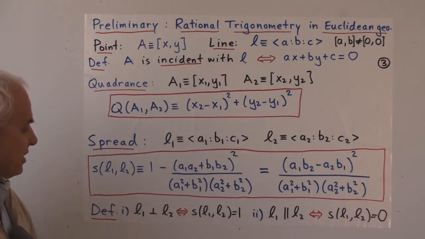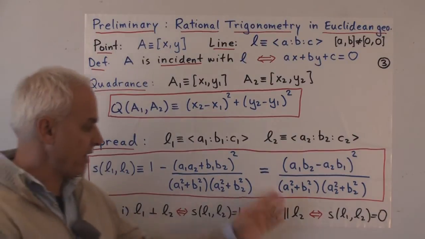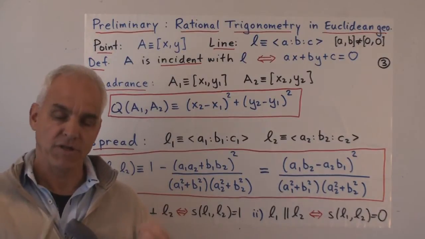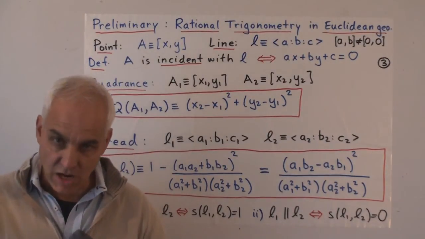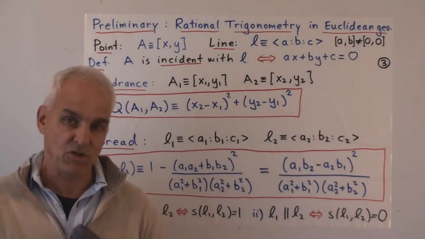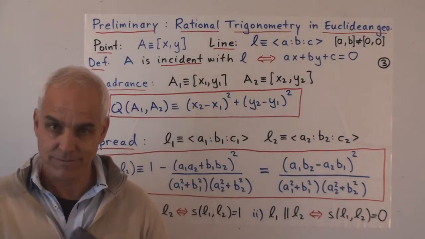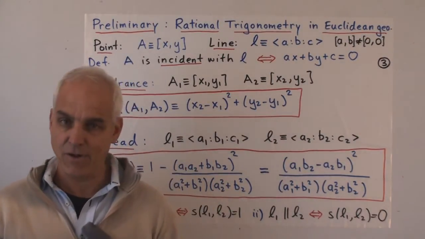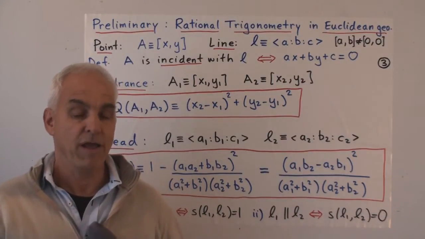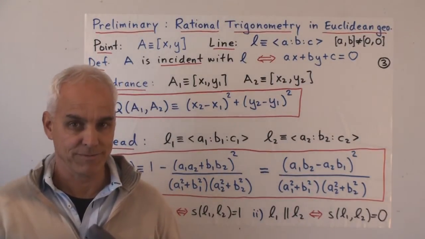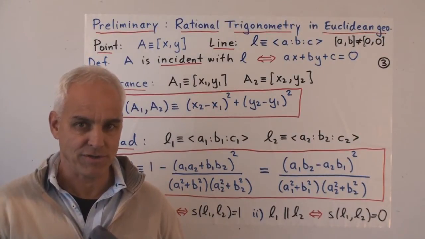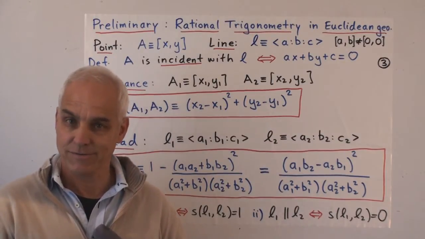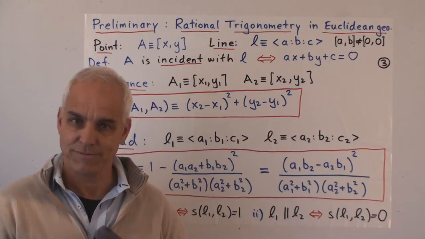So quadrances between points, spread between lines, notions of perpendicularity and parallelism defined in terms of the spread. Those are the fundamental concepts for Euclidean geometry in the plane, the fundamental concepts to do trigonometry in the right way. And if trigonometry was taught with these as the fundamental concepts instead of distance and angle, well, life would be a lot easier for millions of mathematics students all around the world. So get on to your teachers, get on to your local educators, get them to know a little bit about this point of view and to start considering it. Make life a lot better for a lot of people.